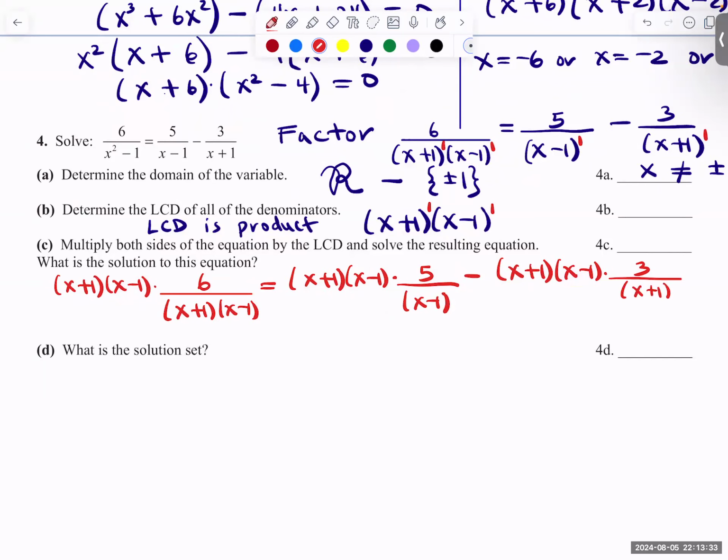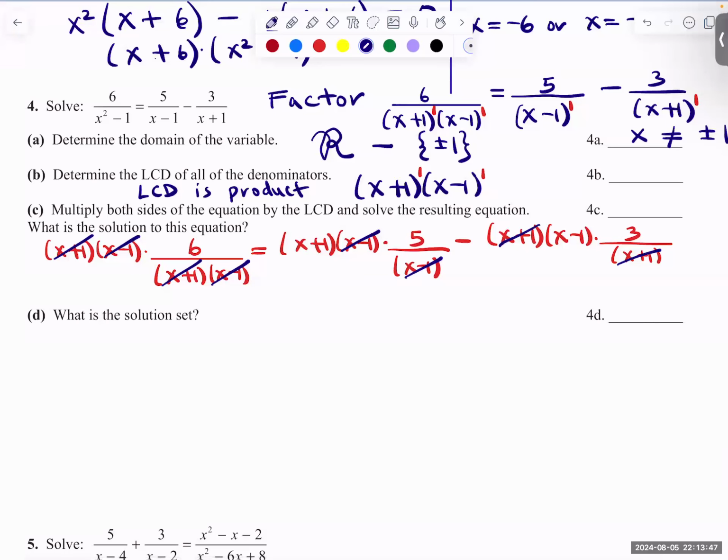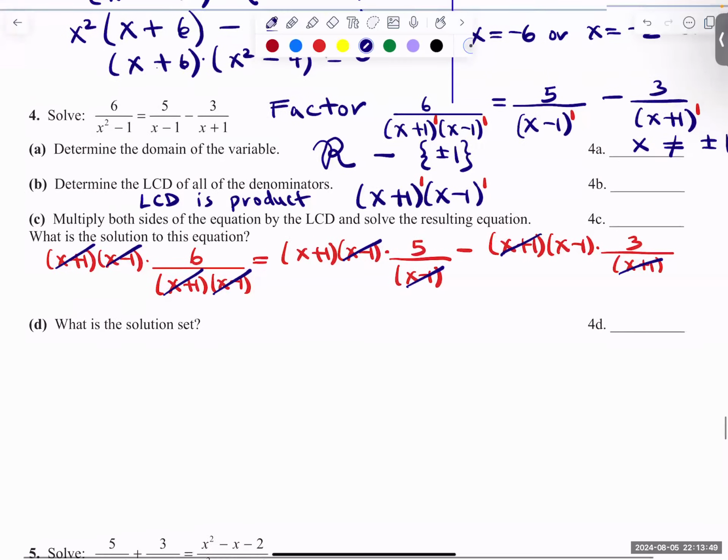So the purpose of that step is so that we can divide and cancel these denominators. X minus 1 divided by itself is 1. X minus 1 will divide and cancel. X plus 1 will divide and cancel. So let's rewrite everything. We have 6